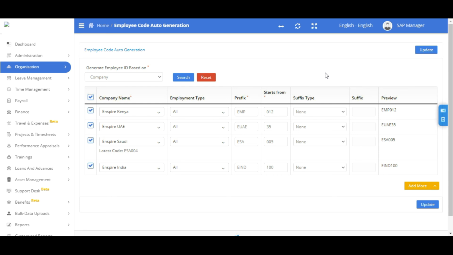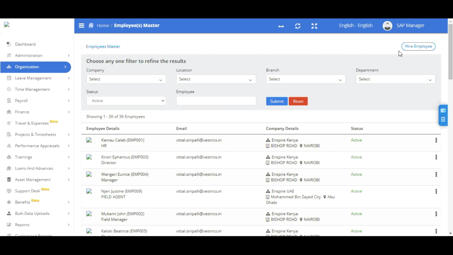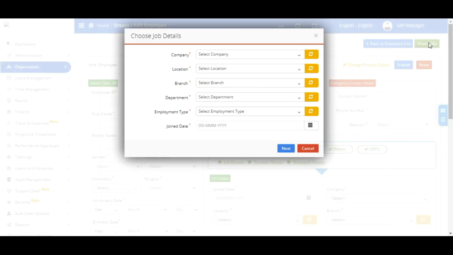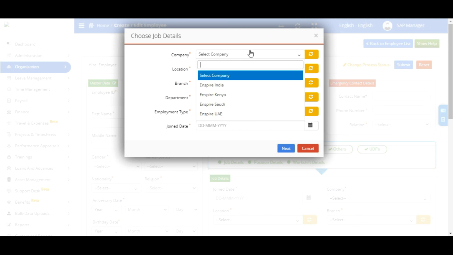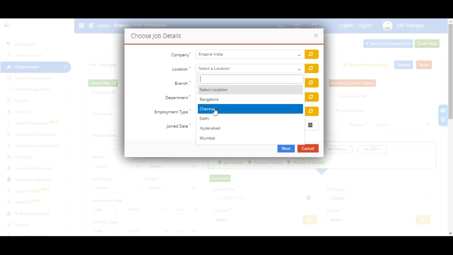Let's go to Employee Master and check if the employee code is assigned automatically to the employee. Go to Organization and click on Employee Master. Select Hire Employee. Select the fields as per your requirement. Select the company name and then location,